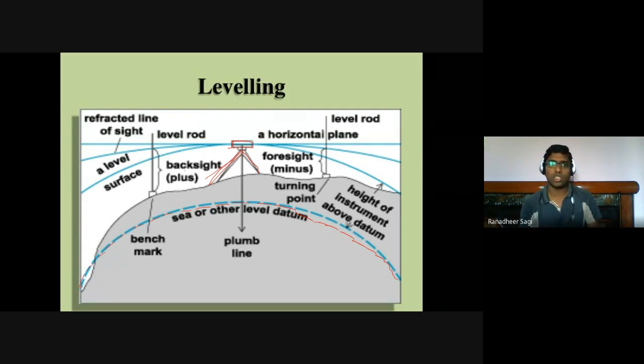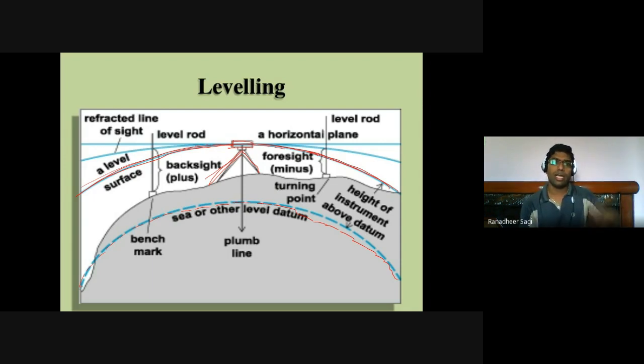Now, through that telescope, when I focus on the leveling staff, which is placed at some point for which I want to determine the elevation, you will have a line of sight coming out like this. Otherwise, I can also represent it as this surface that I am highlighting now, which is called your level surface. Why am I calling it a level surface? It's the surface that comes through the line of sight of that instrument, which is considered to be parallel to the surface of your mean sea level.